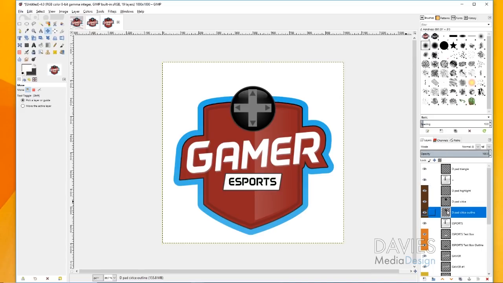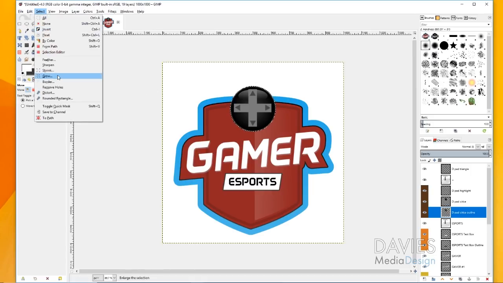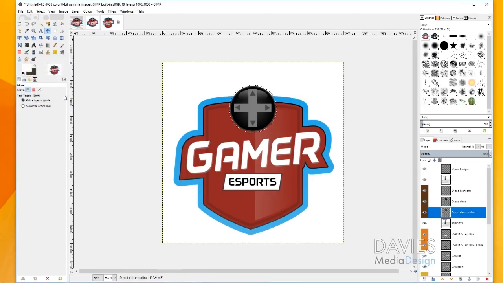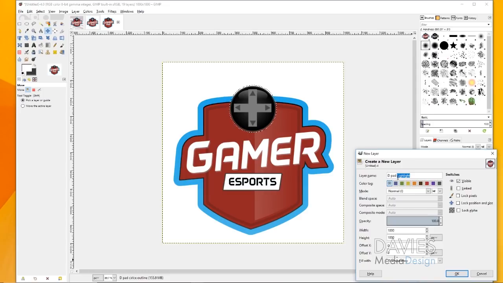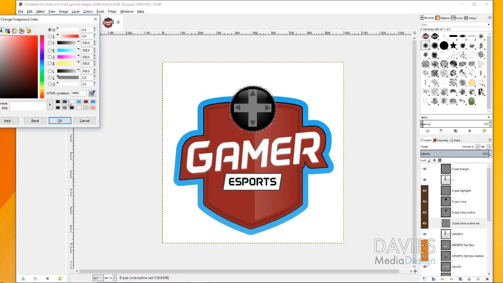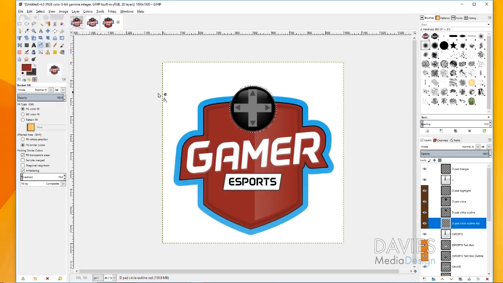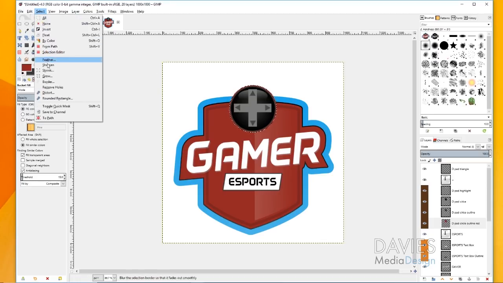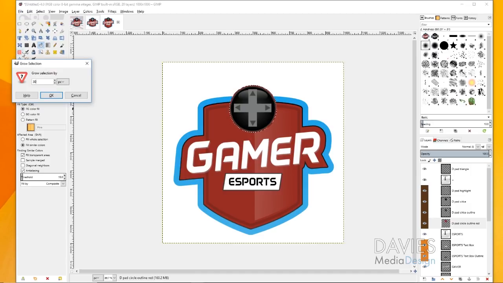And now what I want to do is grab my outer DPad Circle outline layer here, go to Layer, Transparency, Alpha to Selection, and I'm going to select, grow this by 5 pixels again, and I'm going to create a new layer, DPad Circle Outline Red, and I'll make this brown again for the color tag. Move that below that DPad Circle Outline layer, and then you can grab your red from in here, grab your bucket tool, so red is my foreground color, and then I want to select grow 30 pixels